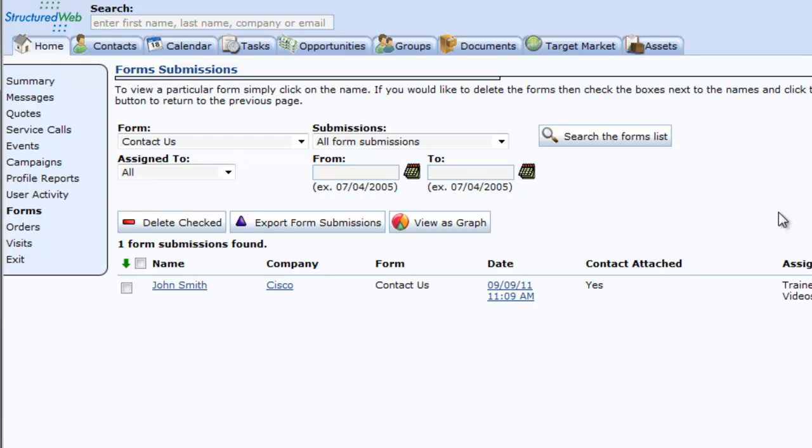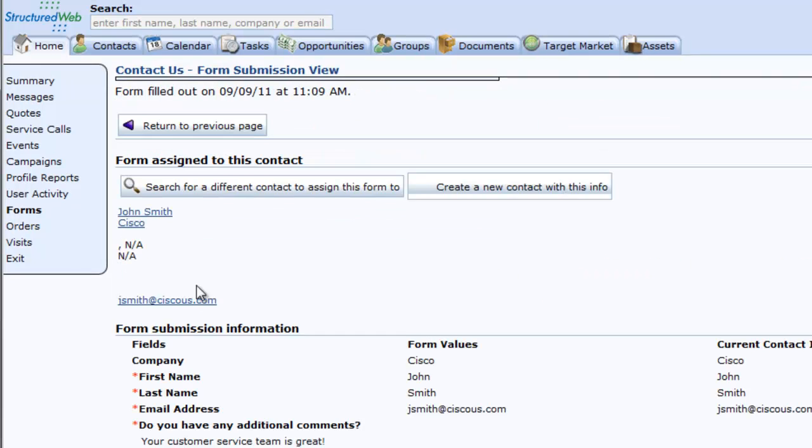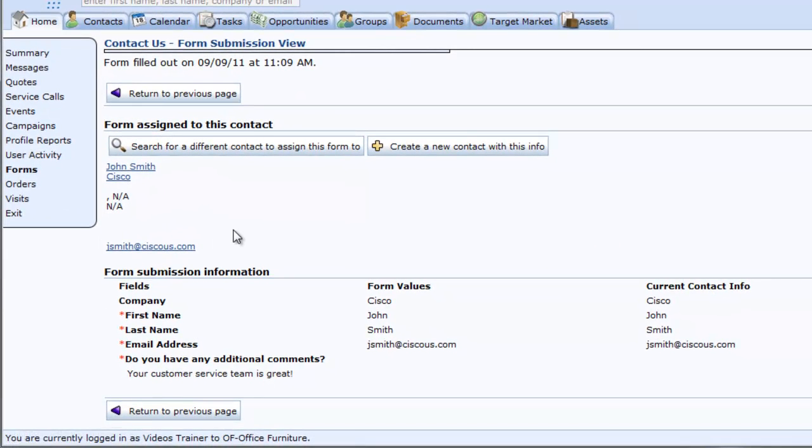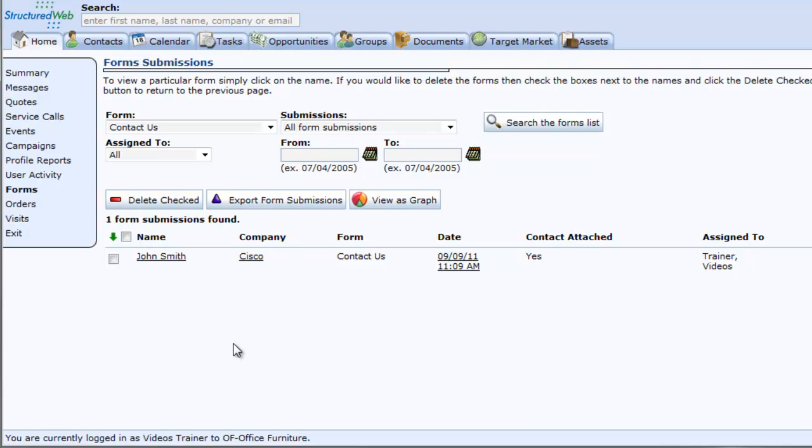If I wanted to get more detailed information on this specific contact, to see the actual values that they filled out on the form, all I need to do is simply click on the name of the customer, and then this will load the form submission view screen, and it will provide me all the values that they filled out on the form. Now I'm going to go back to my previous page, so I'm going to click the Return to Previous Page button. It's going to return me back to the form submission screen,